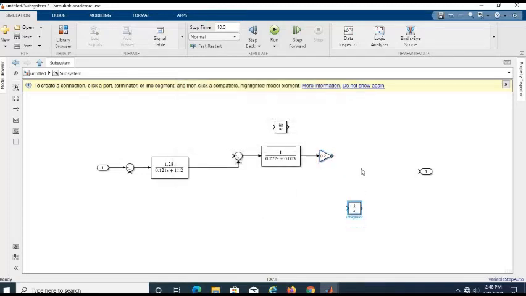And then 1 per s. Okay, it is for 0.2 per s. This is the result. Okay, this is the output.